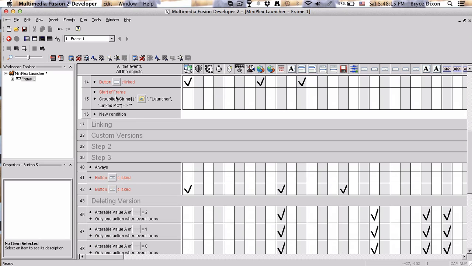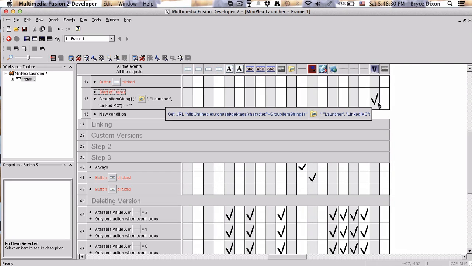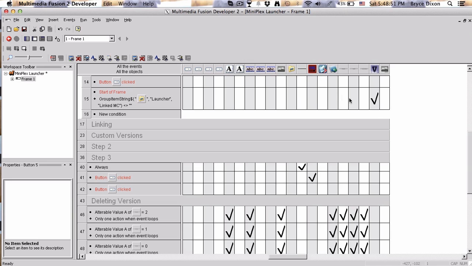It's basically a workaround for if you don't have internet. And then lastly, start a frame. If your linked Minecraft account is not nothing, then get URL miniplex.com/API/get tags/character plus whatever your linked Minecraft account username is. So say mine is vDestroyer, so it does get URL miniplex.com/API/get tag/character/vDestroyer. And basically what that is,